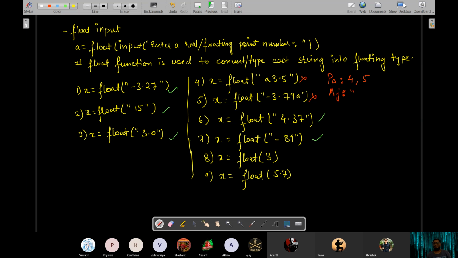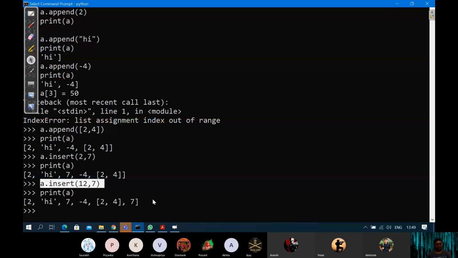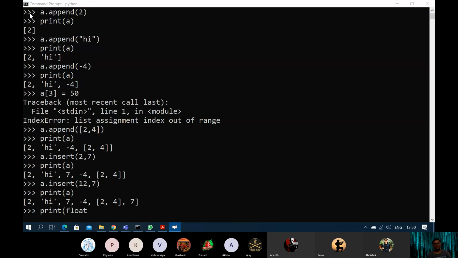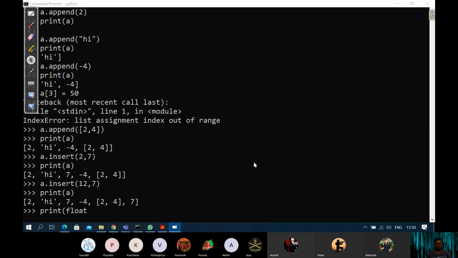Let us check. Eight will become 8.0. कहाँ पे कौन सा है 8? 8 में 3 है, 3.0 बनेगा वो. ओके. फ्लोट